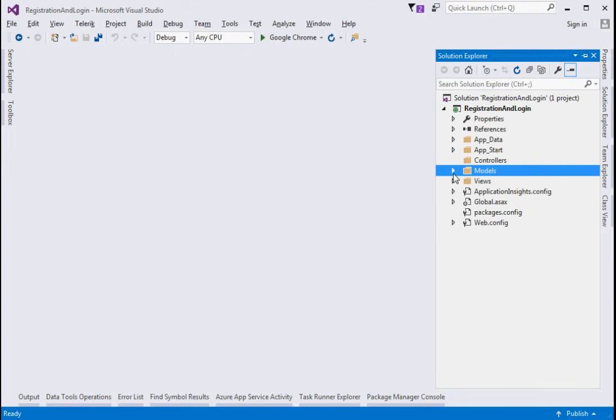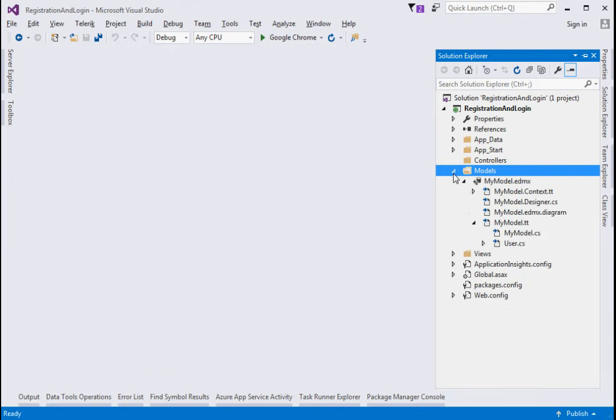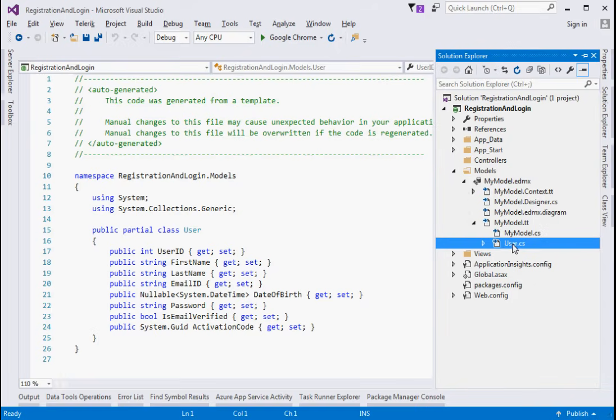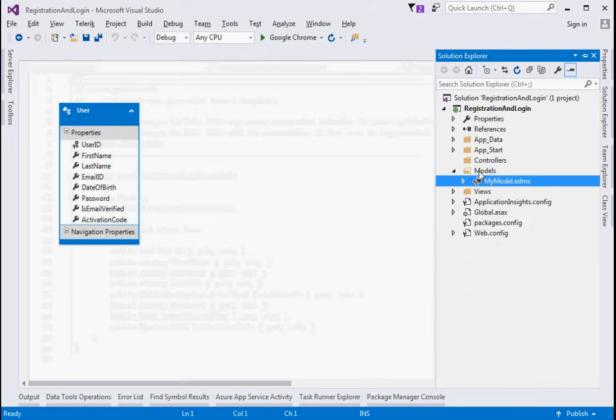Now I will do a partial class of that user model where we will add data annotation validators to validate our model. We will apply the validator to the metadata classes instead of applying the validators to the actual classes generated by the Entity Framework, because the Entity Framework designer generates the model classes. Any changes you make to the model classes will be overwritten the next time you make any changes in the designer. So what I will do,